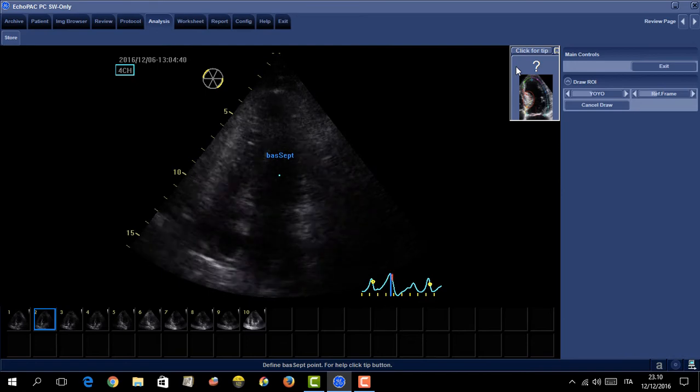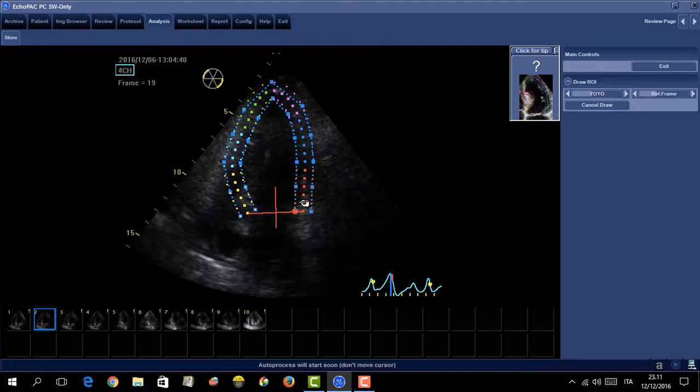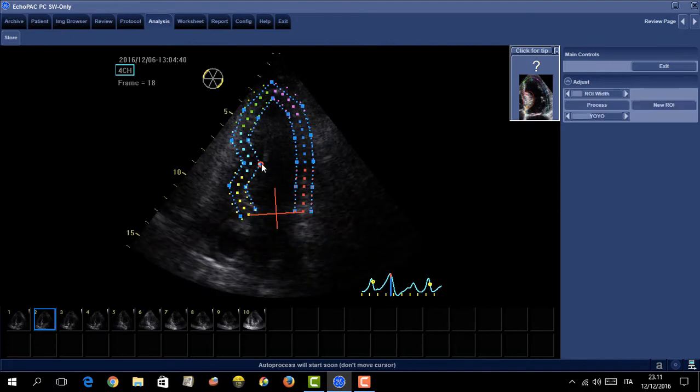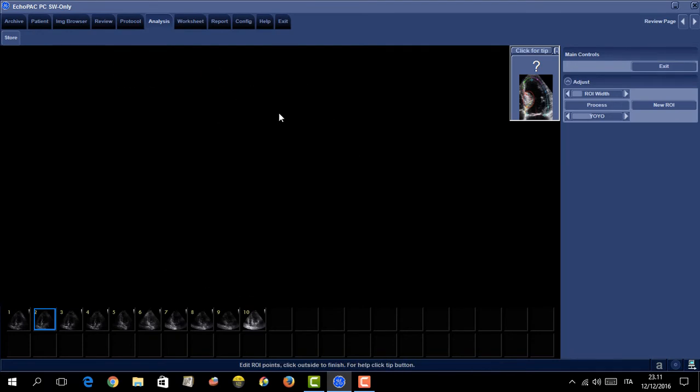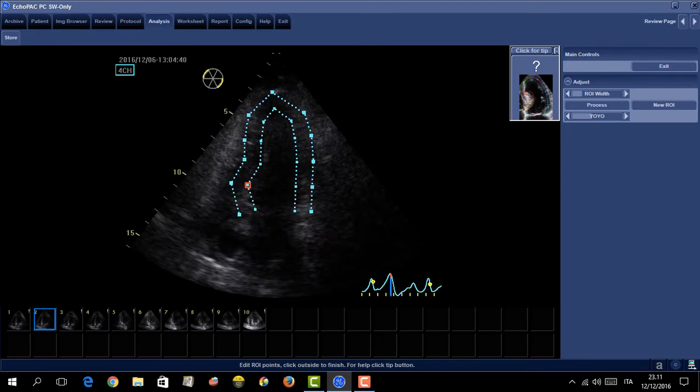Now the software requires of me to track the endocardial border with the mouse, and there are two methods to do this. The first and simplest one is actually to rely on the software by tracking manually just a triangle, letting the computer do all the tracking. You will just have to correct it, like I'm doing in this case,